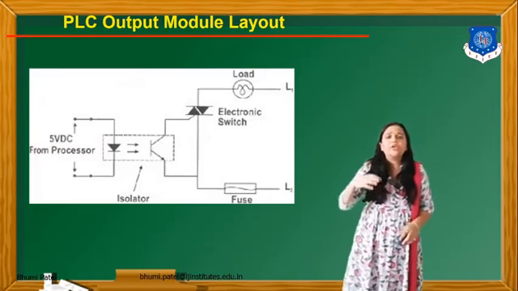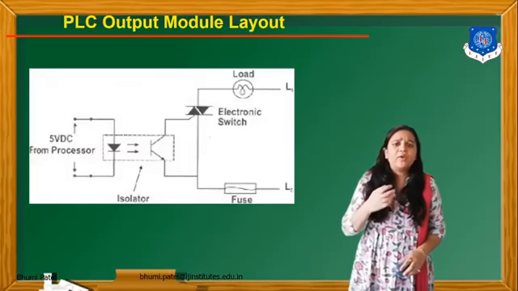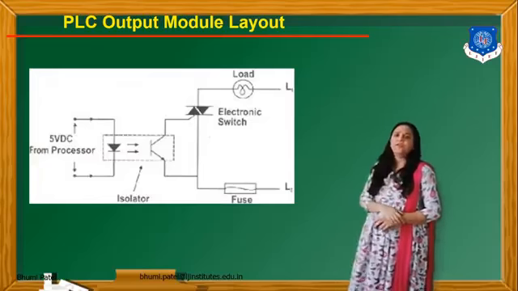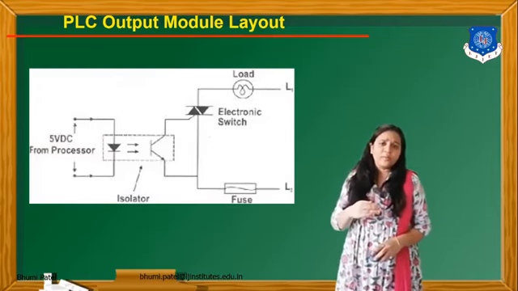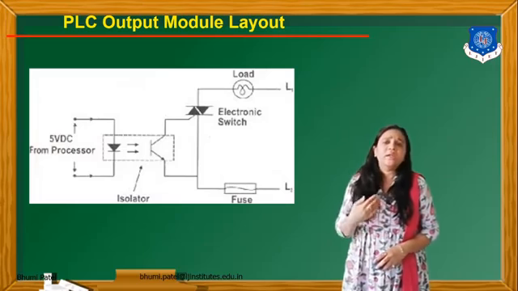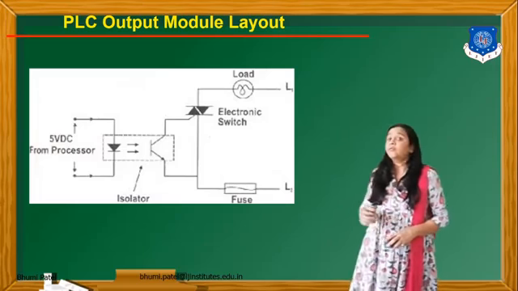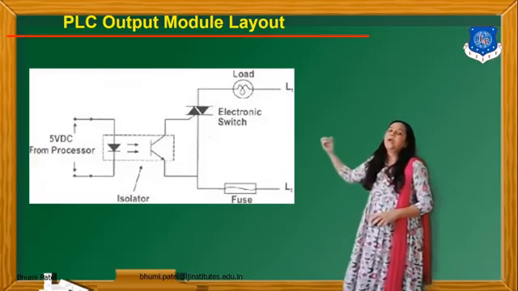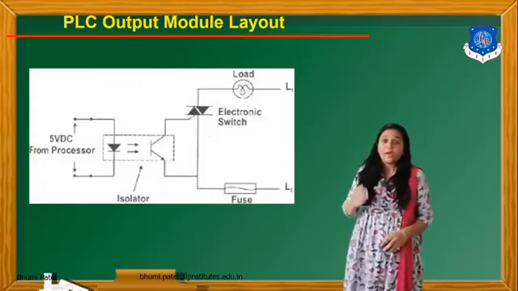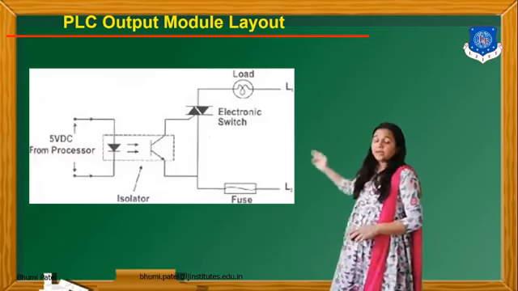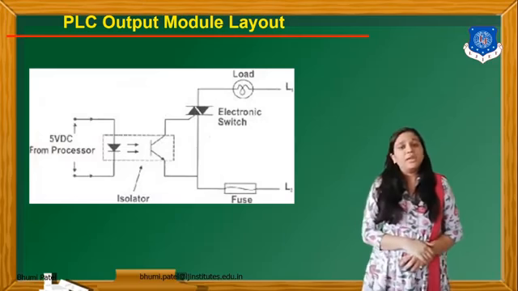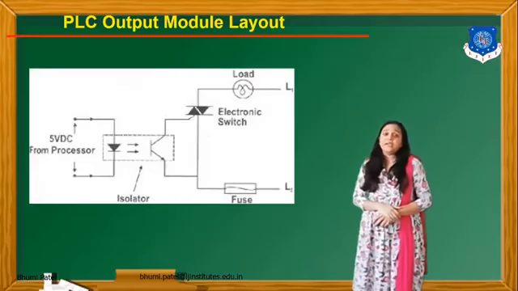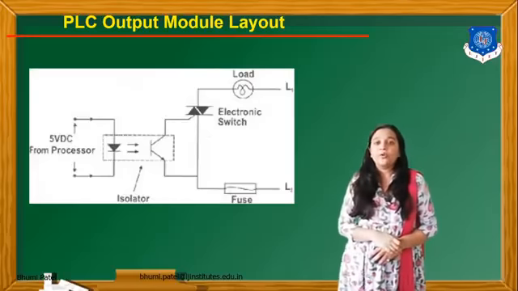If the plant or the load or the circuit requires only a 12 volt DC supply, and from the input side they give a 24 volt DC supply, it can cause some fluctuation or electrical problem. So for that we can always connect the isolation between the input of the output module and the load of the system. Now again we connect the triac circuit. As you know, the triac works in both directions, so it works as the electrical switch for our PLC output module layout.